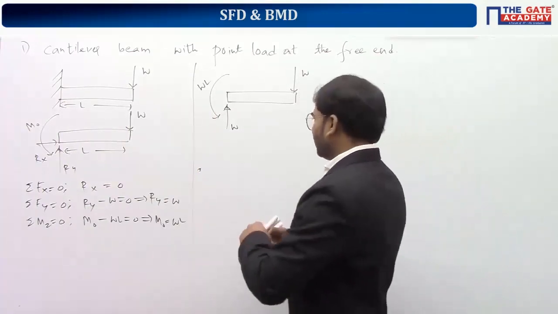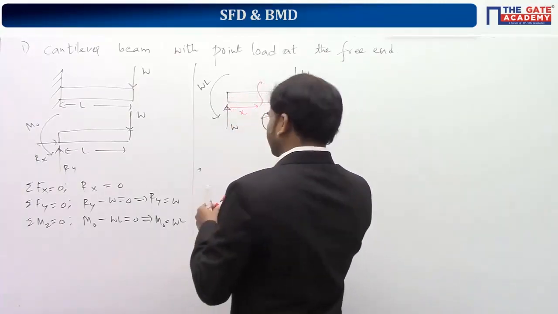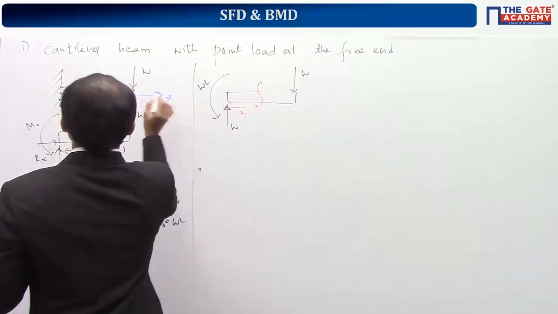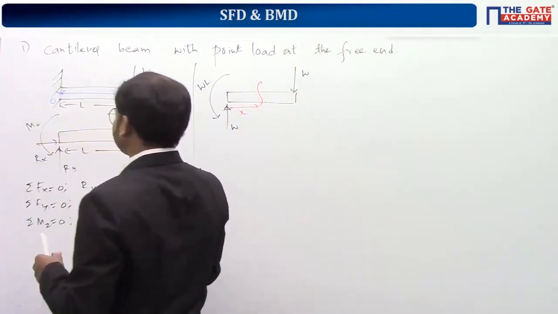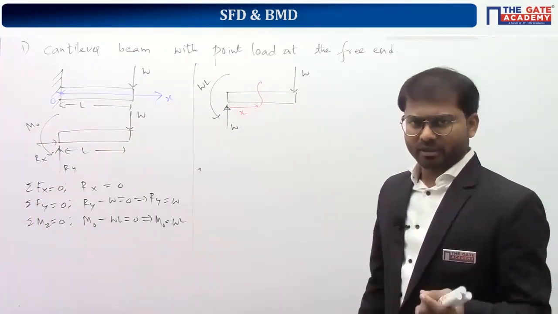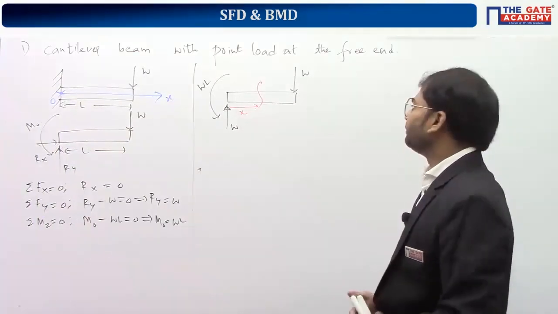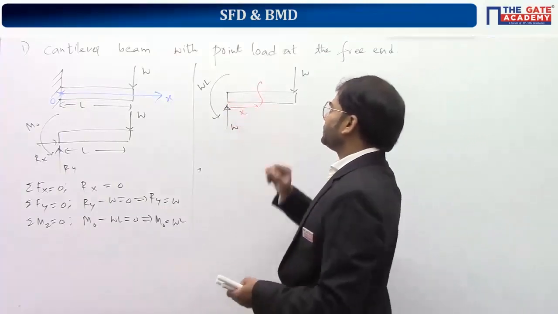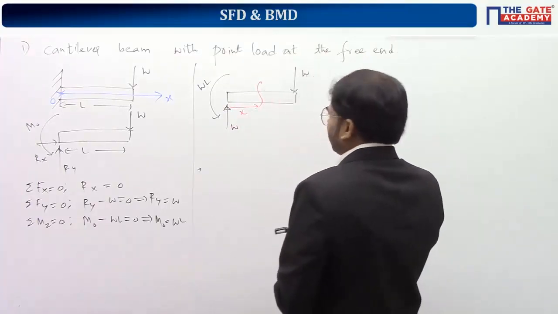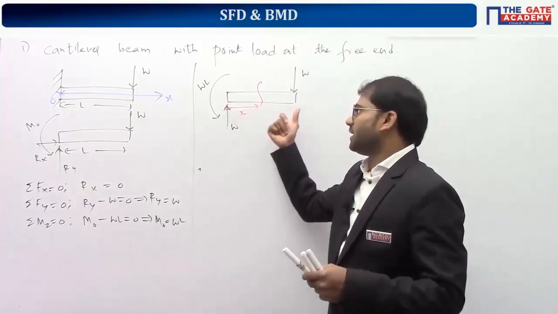So what we are doing is we are taking a cut along the length of the beam at a distance of x from left side. Please remember, whether I say or not say, every time the x-axis is like this. The origin is at the left support and the x-axis is along the length of the beam, before bending, the unbent beam. So we are taking this cut here at a distance of x from left side. Okay. You know that we will get the same answer whether you take the left side cut or right side cut.